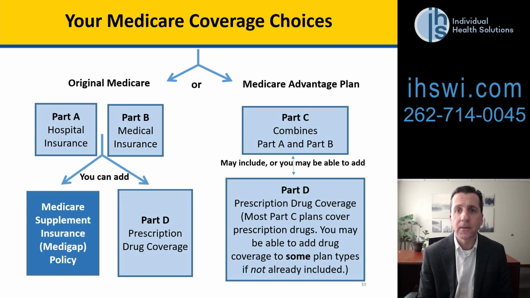A couple of things are different with this option. So the overall monthly fixed costs tend to be lower, but then there are out-of-pocket costs in the form of copays with out-of-pocket costs not to exceed under Advantage plans. And so under this option, the Medicare recipient will take on some out-of-pocket expenses when it comes to their healthcare claims or their healthcare costs. Whereas under the first option that we had talked about with the arrow to the left, they really don't have a lot of out-of-pocket costs, but they pay a monthly premium. And so what we want to do is we want to compare the differences for everyone that we talk to really identify the option that would be the most appropriate.